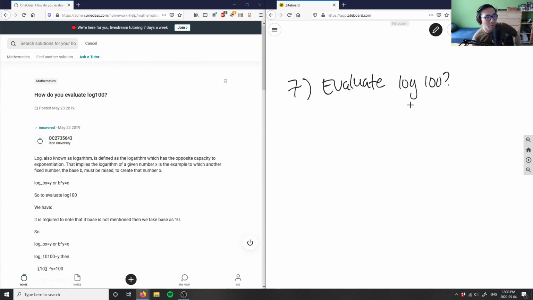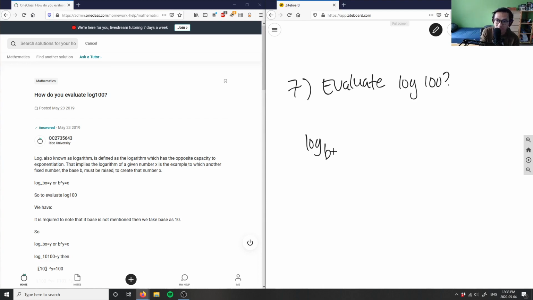So when we talk about logarithms in this case here, this is probably a grade 11, grade 12, or Algebra 1, or basically an Algebra 2 and pre-calculus question. When we talk about log of 100, we need to know our logarithmic rules, right? They wrote this down perfectly, which is basically log of some base,